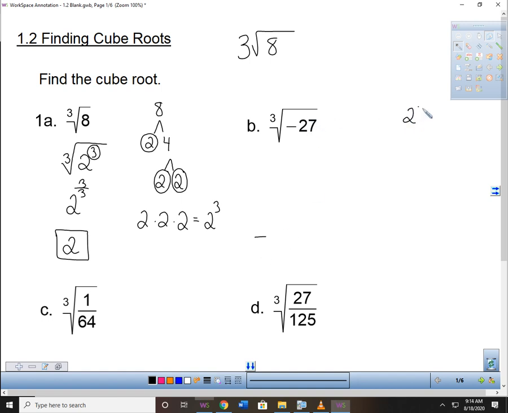So we're looking for a number times itself 3 times that makes 27. So let's do a tree. So 27, I could do 9 times 3. 3 is a prime number. And then 9 is 3 times 3, both prime numbers. So if I wrote this out, it would be 3 times 3 times 3, which is 3 to the